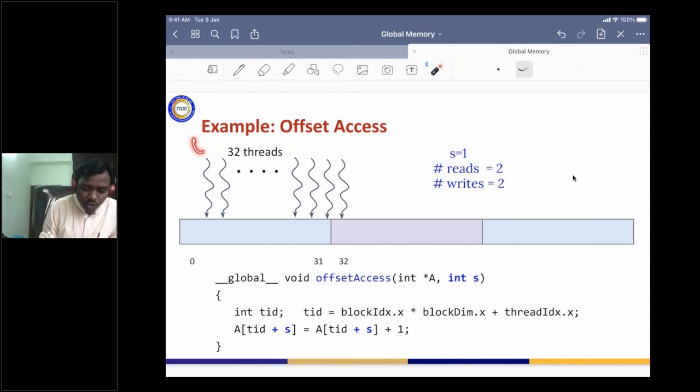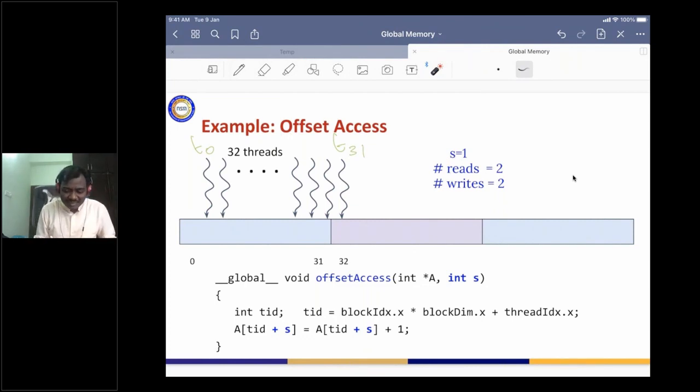This is going to be T0, and this is going to be T31. How many memory chunks are we reading and how many are we writing with respect to this single warp? T0 to T31 is a warp.